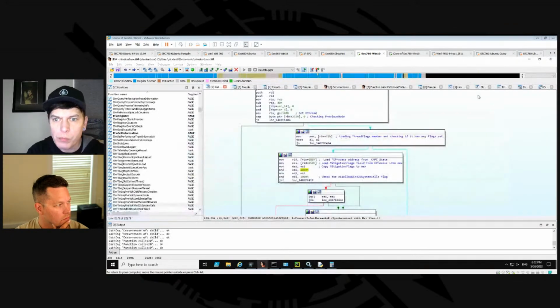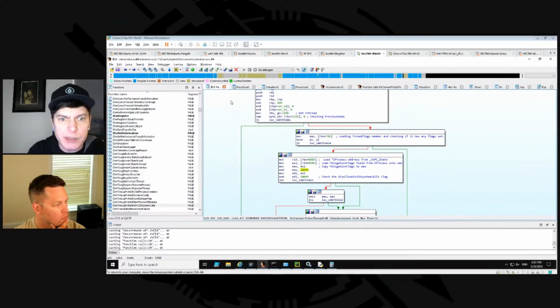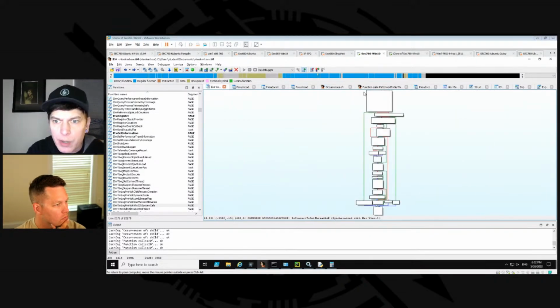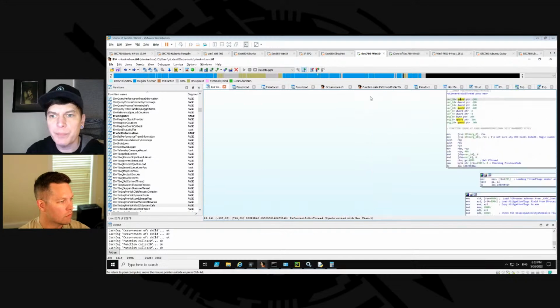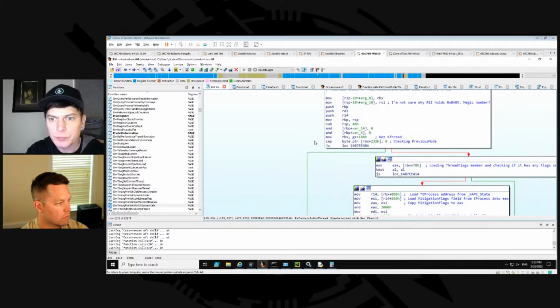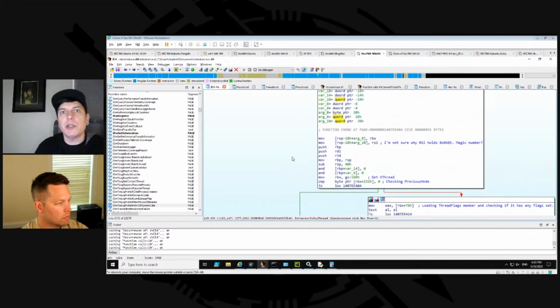and look at something. So what I'm in currently is not where I want to be. What are we in here? We are in PsConvertToGuiThread. The reason I'm in here is because another mitigation I wanted to look at was the one that prevents applications from being able to access the Win32k syscall table. In order to do that, there are non-GUI threads and GUI threads,